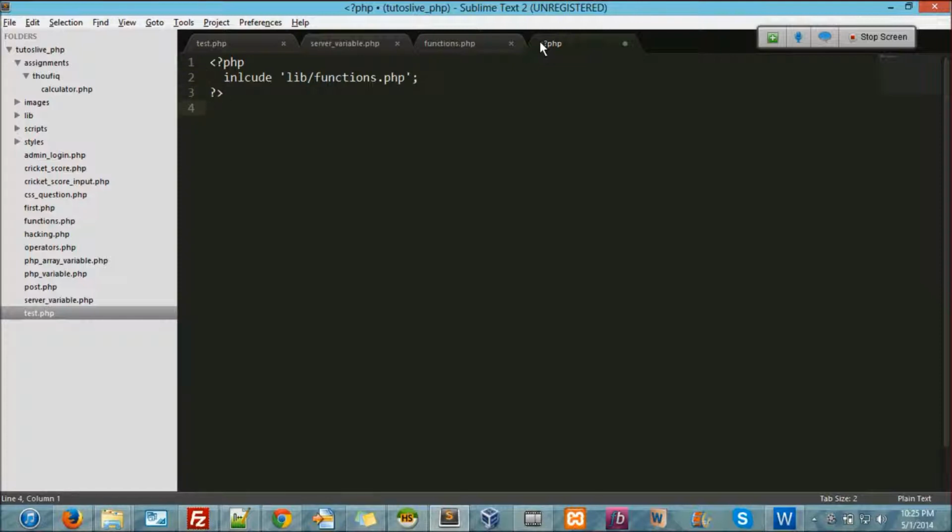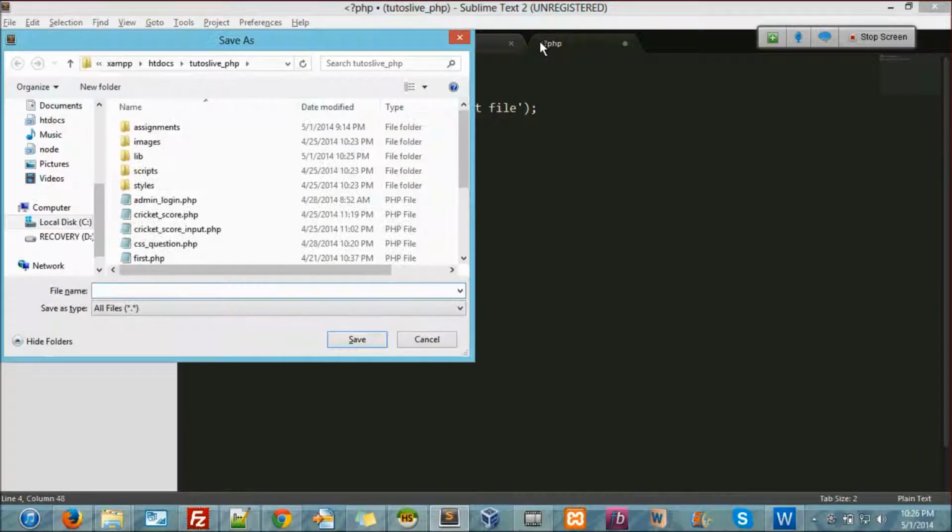So let's see if it's working or not. So here I'll say show, I am printing it from a different file. I'll save this as string functions.php.